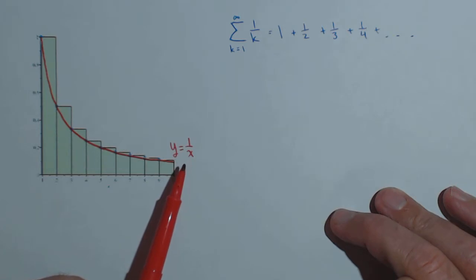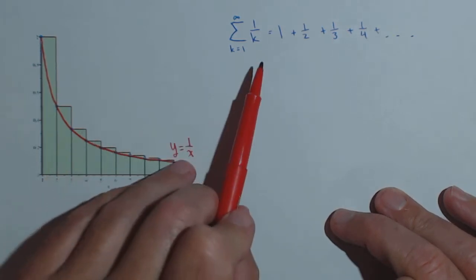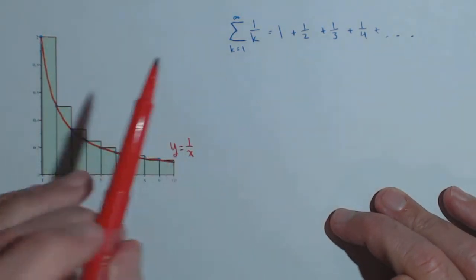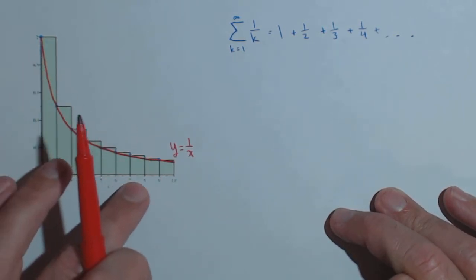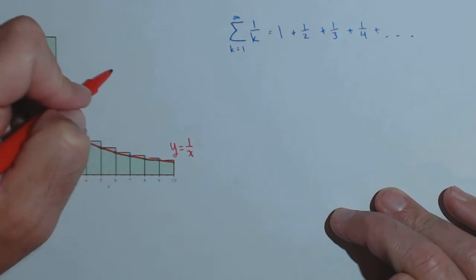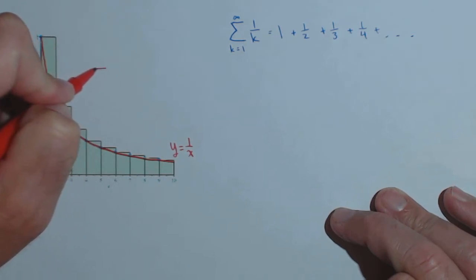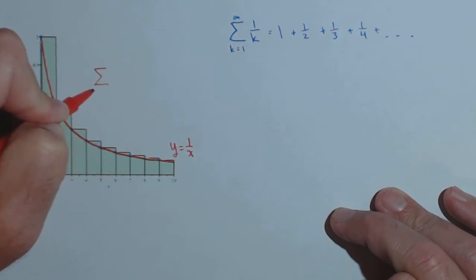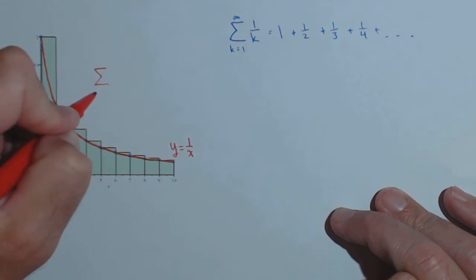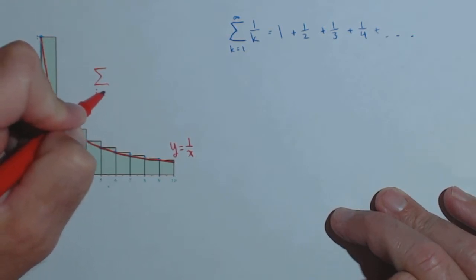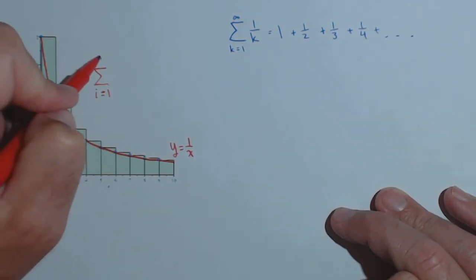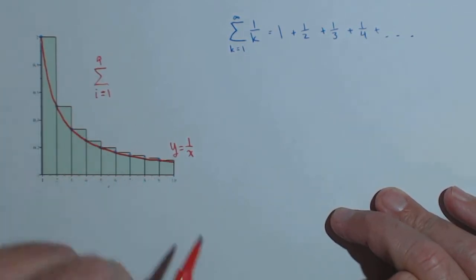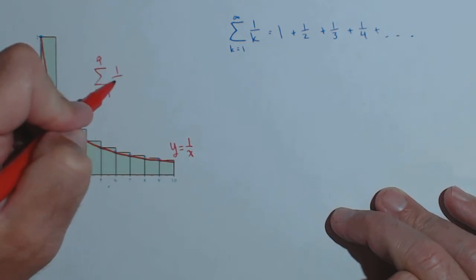And there's a particular reason we're going to do that, because it makes for a nice comparison to this harmonic series. But let's talk about what this Riemann sum is. So we can see it's a left-hand sum. So if we were to write up the sum for this, the Riemann sum would be from I equals 1, and it's a left-hand sum, so it's ending at 9, not 10, because the left hand is going across of 1 over I